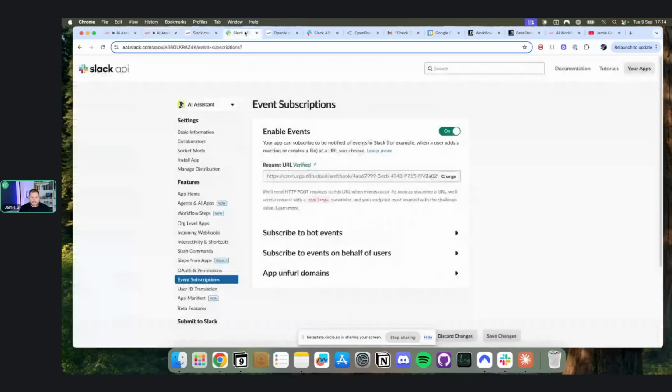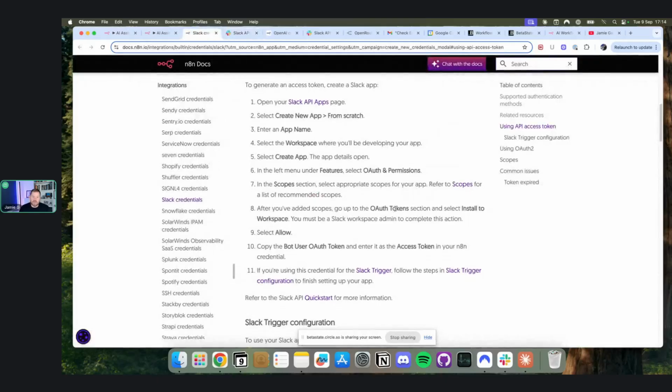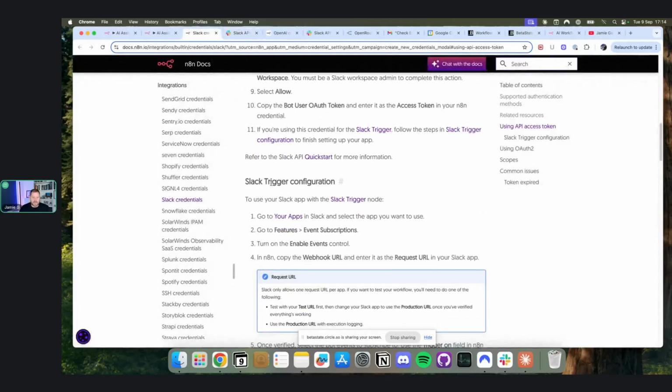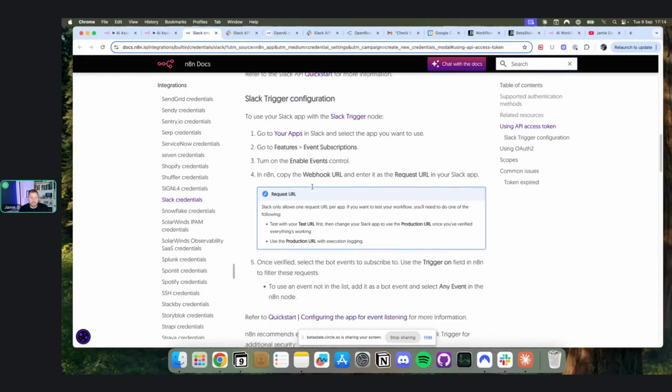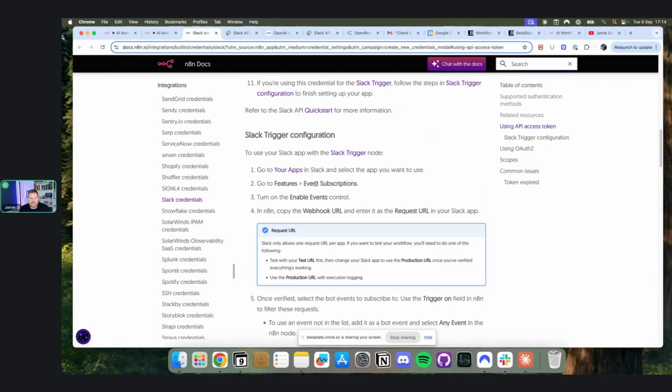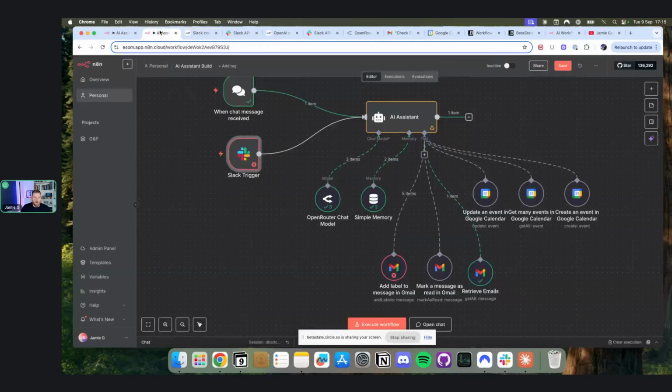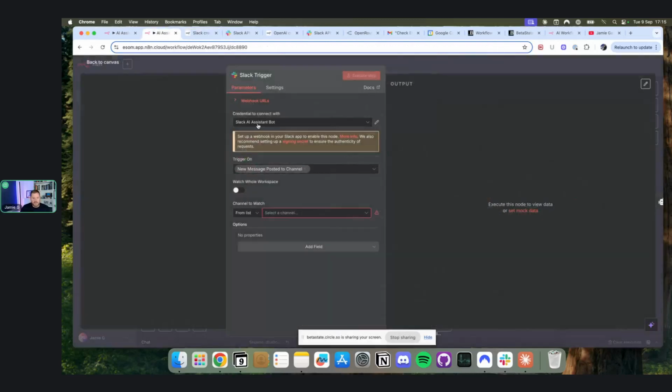So inside of here, if I go back to the docs first, Slack trigger configuration, you need to do this step. To use your Slack app with the Slack trigger node, because that's what we're doing, it's a trigger, you have to enable an event subscription. And you have to basically add a webhook URL to your app. So how we do this, and I will show you how to do this now because this won't work for me. Even though I've got my Slack AI assistant bot configured here,